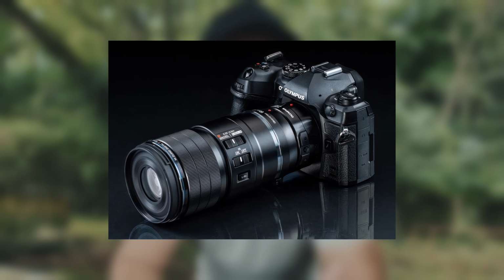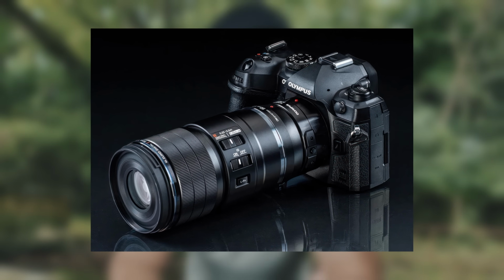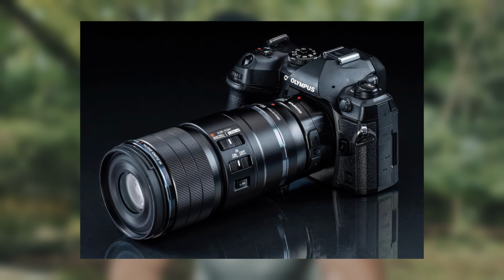Recently, OM Digital Solutions launched the 90 f3.5 macro pro lens. That's not exactly a budget lens, but it goes to about 2 times magnification ratio. I think that's excellent. We have a lot of options, but the one option that's still missing is a budget,